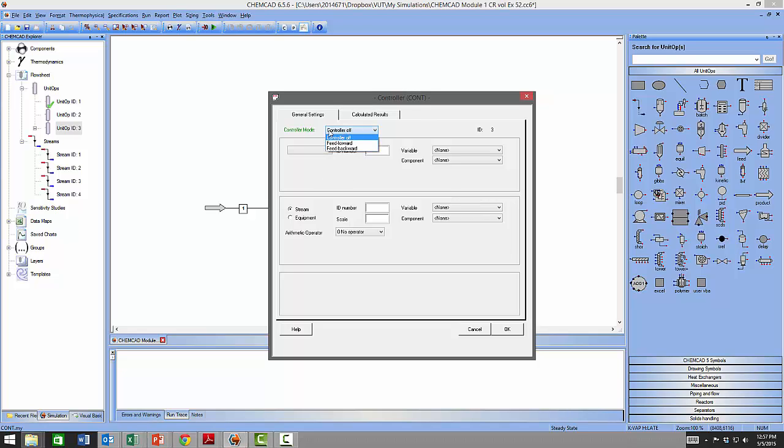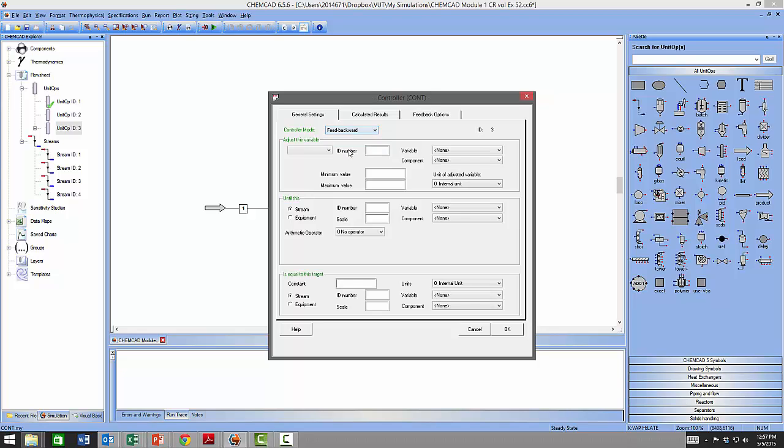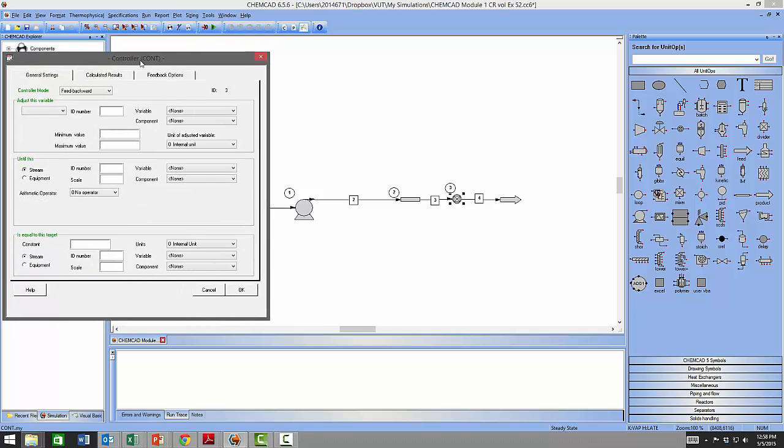You have the operation mode of the controller. You have the controller off, controller feed forward, and controller feed backward. We are going to be using controller feed backward. In this operation mode, you can adjust this variable, which will be the variable that we will be adjusting until this is equal to this target. So we are going to be, let's just pull this to the side here. We are going to be adjusting the pressure output of the pump until the pressure of stream 3 equals 1 atmosphere, which is 101.325 kPa. Okay,